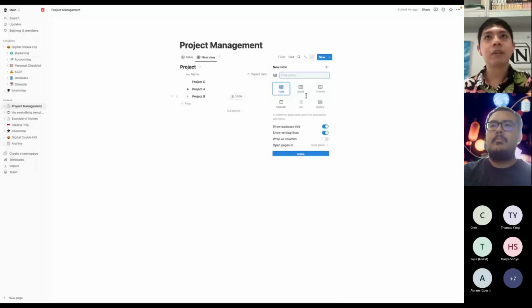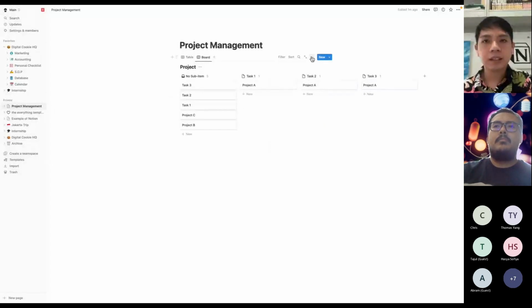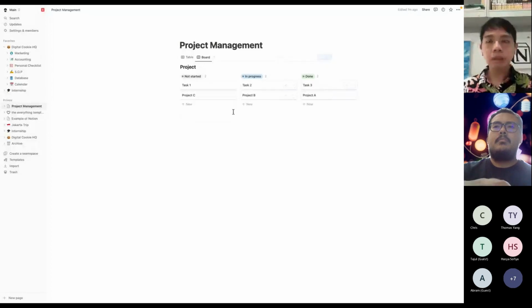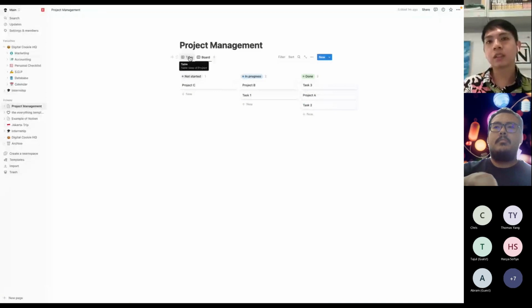So yeah, Notion can be used solely for personal use as well. Let's say I select the board view. I just select the group, making sure it's the status. What would happen is that you can actually see the tasks or projects that we created earlier. It's actually being separated into these projects here. So you can turn the table into a board view. This is how it can be done.